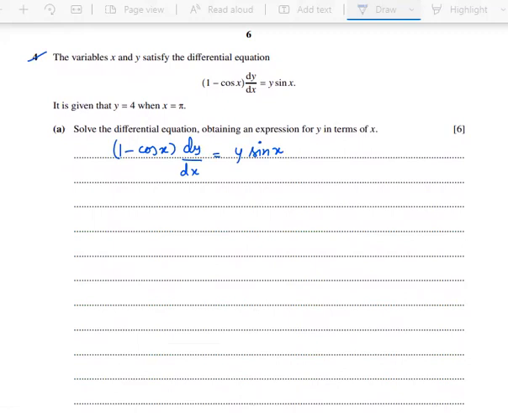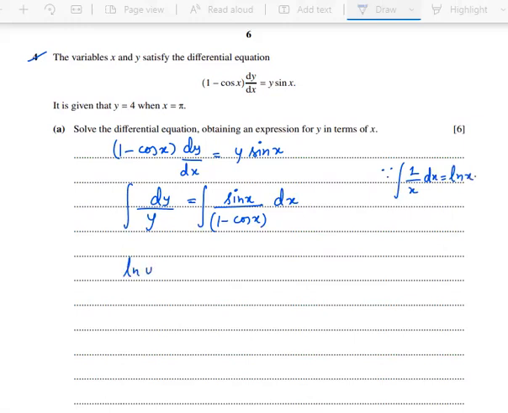Now we know that the solution of this differential equation involves variable separable. So what we can do is separate the variables. So we'll write dy by y, taking this y over here and all the x terms to the right hand side: sin x divided by 1 minus cos x into dx. Now I have to integrate both sides, left hand side with respect to y and right hand side with respect to x. Since integration of 1 by x dx is ln x, here we'll get ln y equals to